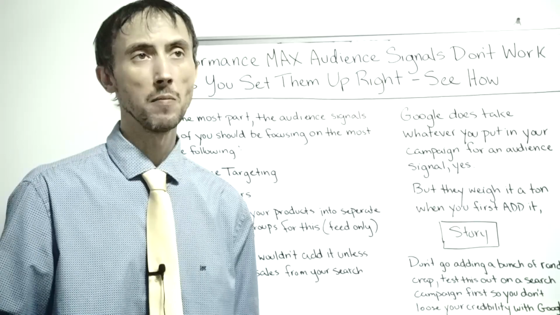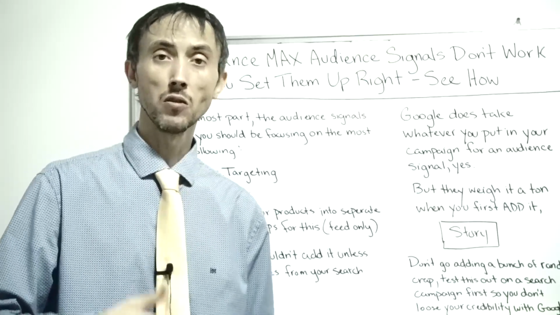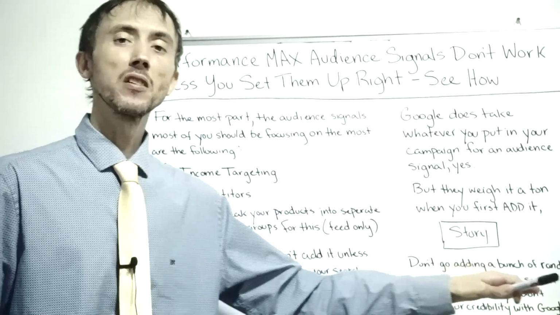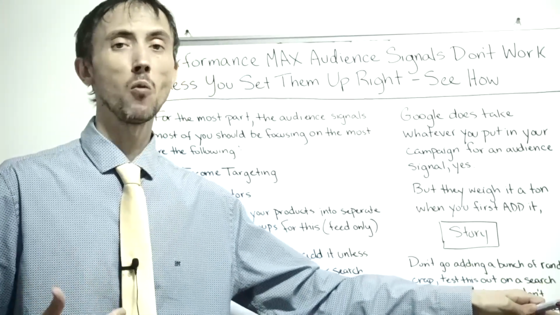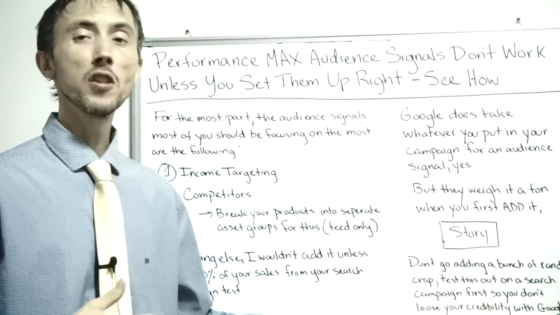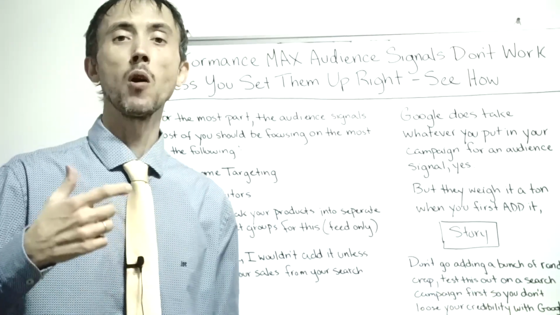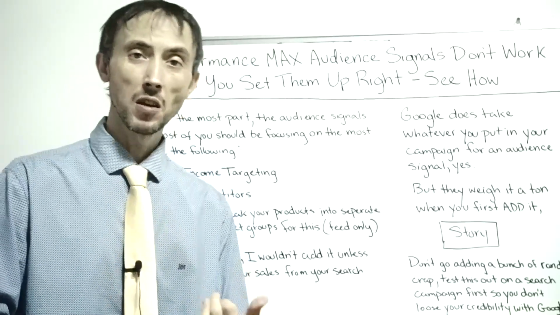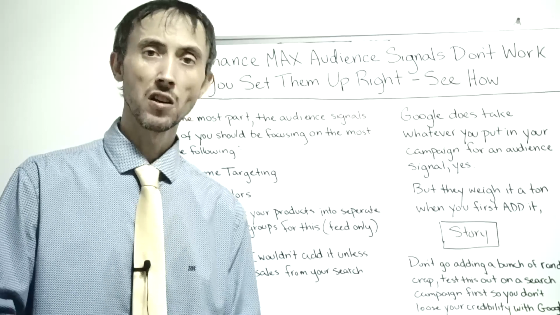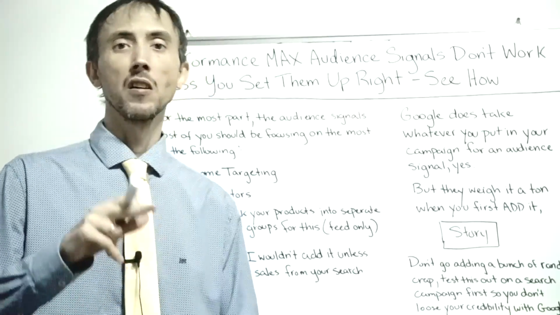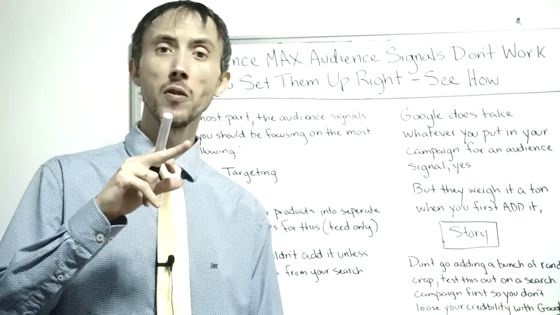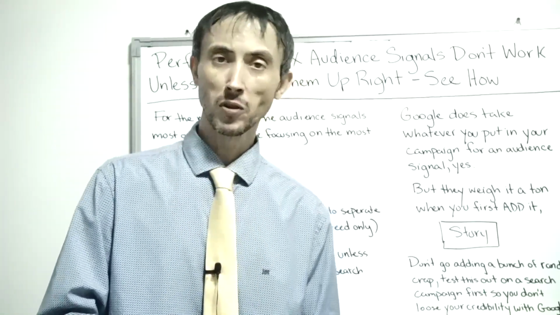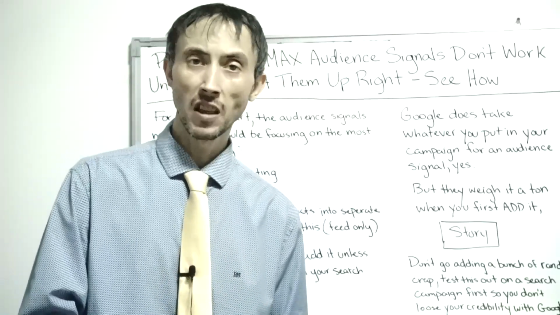So what I've tried to convey here is, instead of you going into your PMAX campaign and adding a bunch of random audience signals that you think might help the campaign, I recommend setting up a basic search campaign, even if you don't want to run it, just so that you could gather some data about what works in your market versus what doesn't work in terms of the income demographic, gender, age demographic. Also, if somebody's been to the competitor site or not. Also, people with certain interests, hobbies, certain life events,